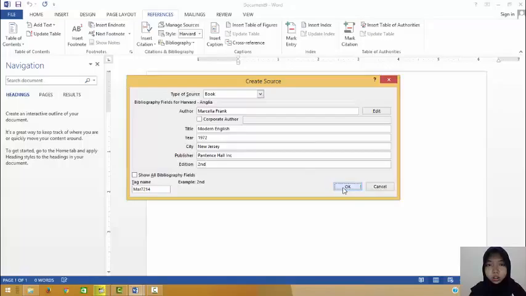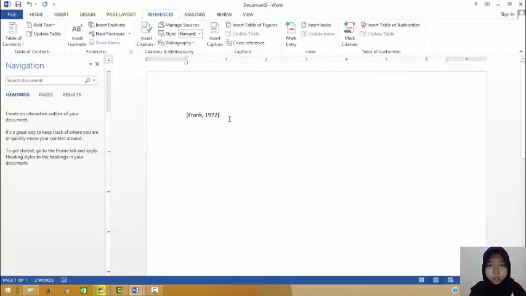After that you click OK, and then after this you just need to type the quotation that you pick from that book. For example, here is